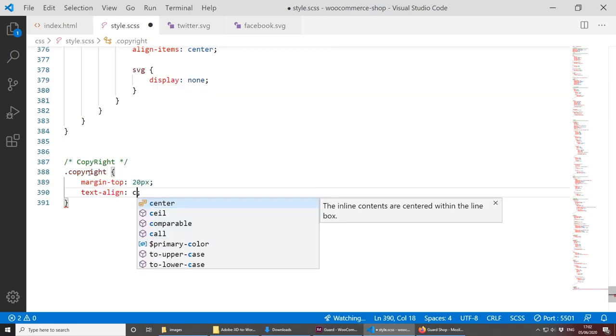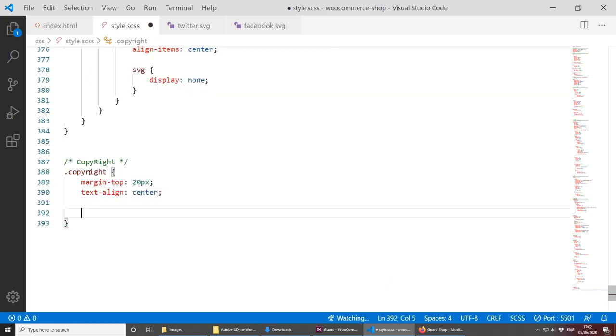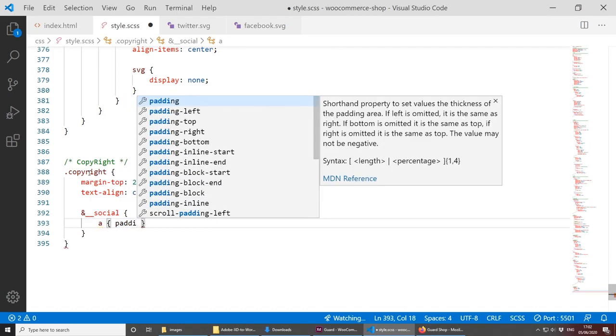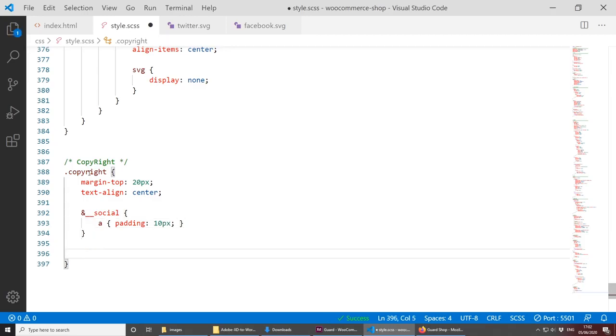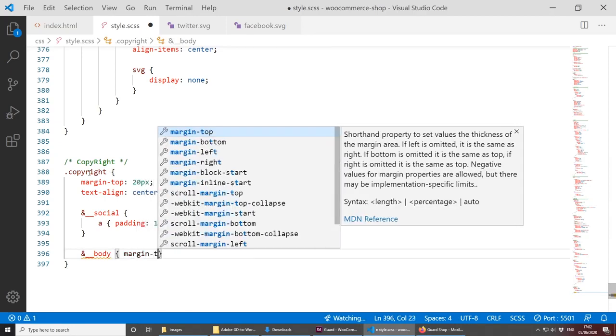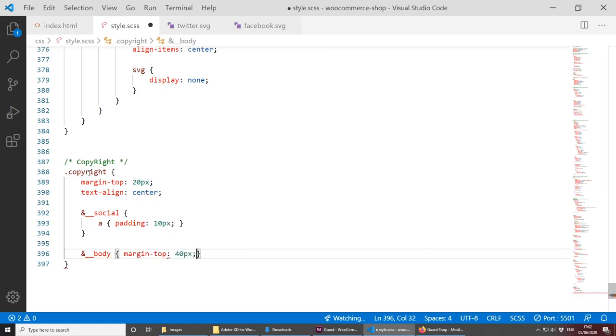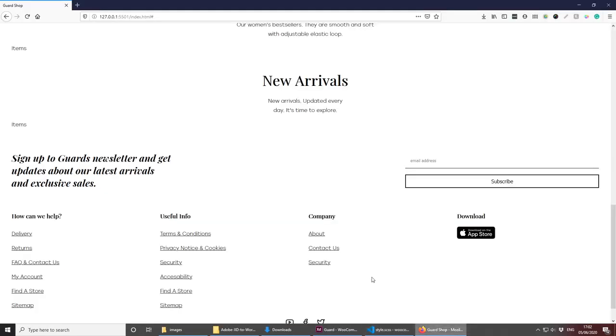Let's make sure that we align the text to the center, and then for the social icons, let's do social. Obviously there is a link inside, so we can style the link instead, and we can just do padding 10 pixels each everywhere. And for the body we can simply do margin top 40 pixels, and this